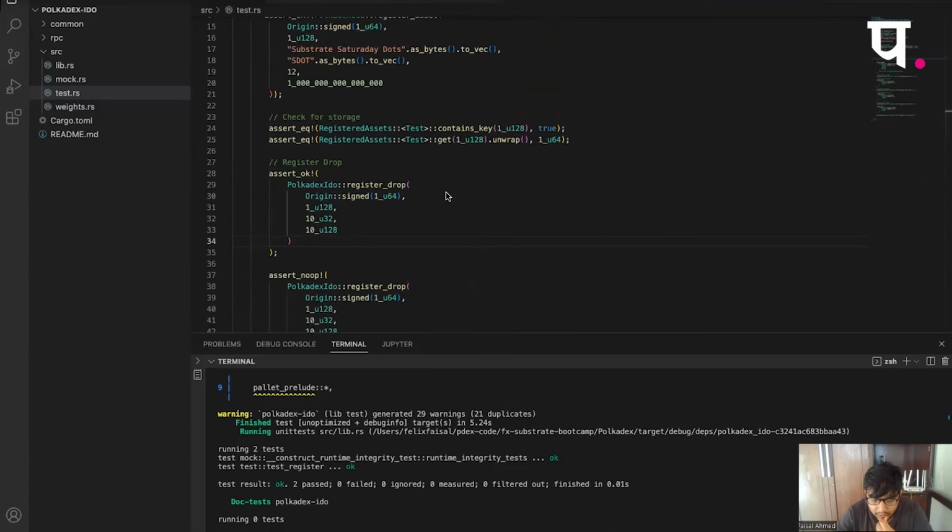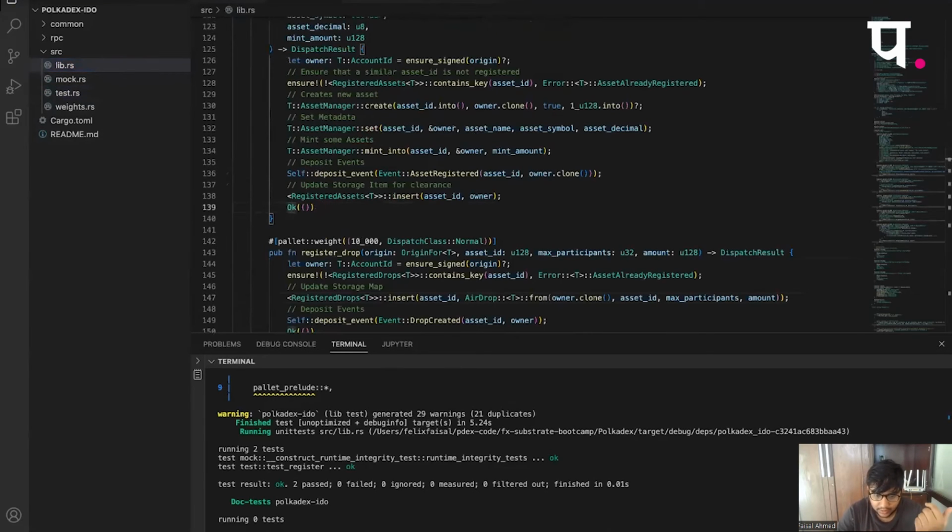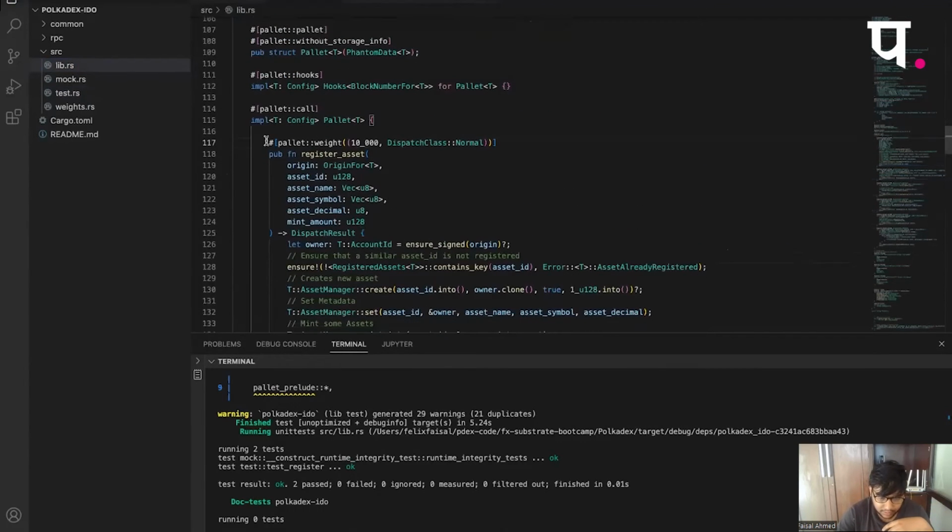Command to run a particular test function. Yes. So the whole idea of benchmarking, let me explain. The whole idea why we need benchmarks is that through benchmarks we can define the weights for an extrinsic. For example, as you see, this is what you call a generic weight that I'm just randomly giving. Think of weights as something like 10,000 computing power or something like that.